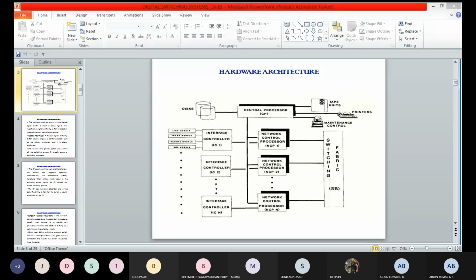NCP is a secondary process. You can see what is interconnected to the NCPs. They provide the call processing function. Through the NCP only, they provide the call functioning process, and also assist in setting up the path through